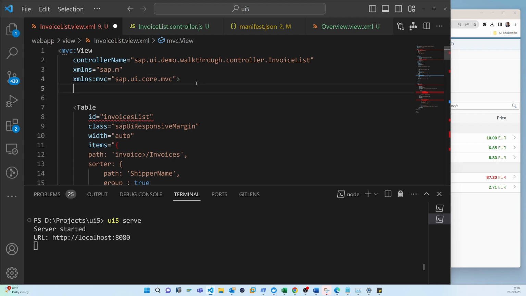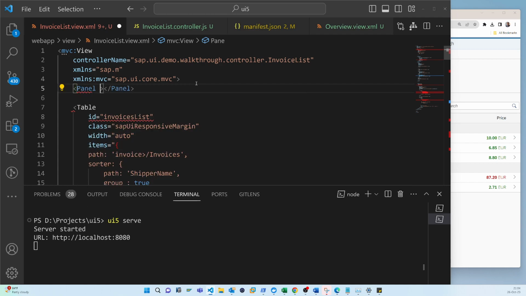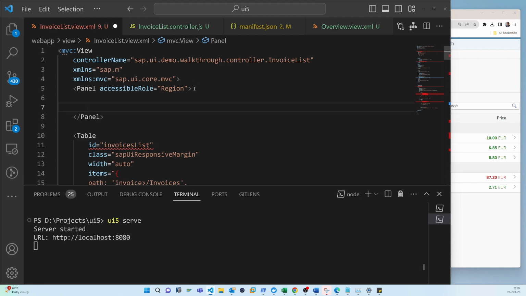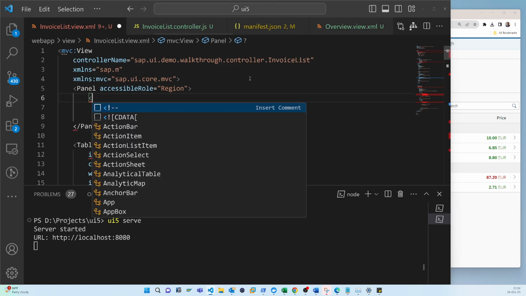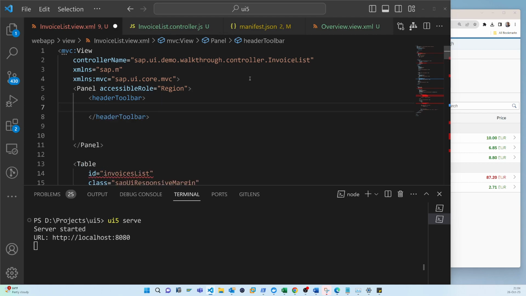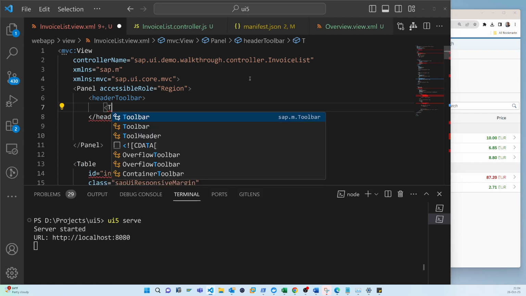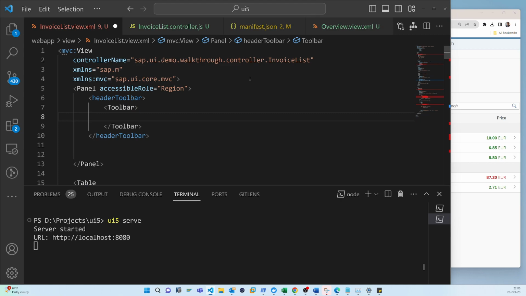We will add a panel, accessibility role, that is what I mentioned, region, then here header toolbar, the same way, then the toolbar, inside that toolbar, then the title,